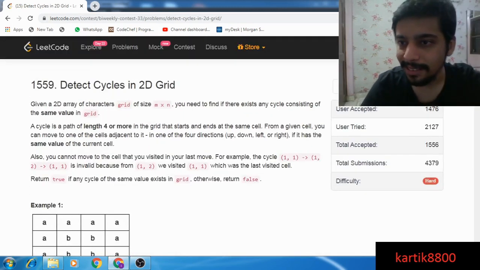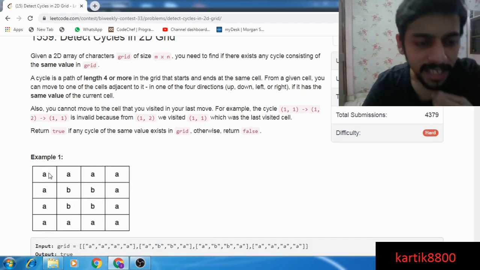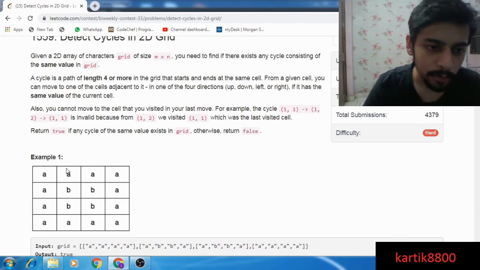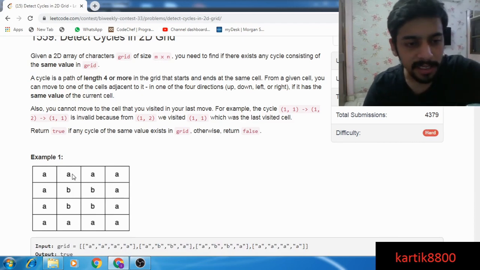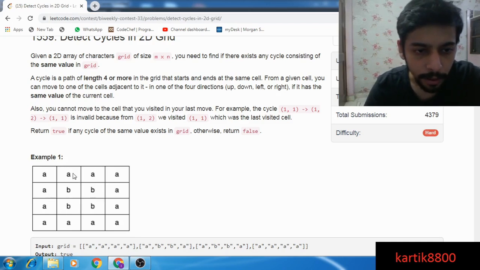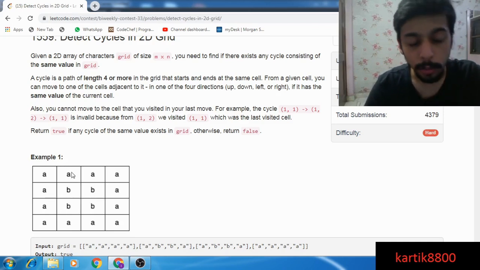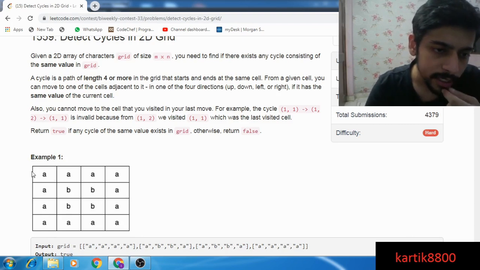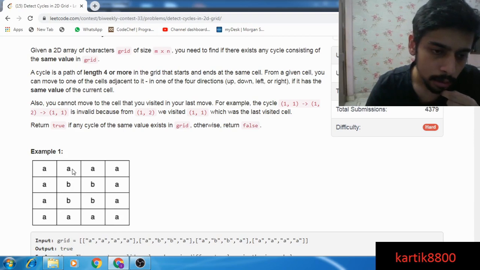So let me just try this here. My idea is that, okay, from here A, I would go for a DFS and I would visit some of the neighboring cells that are also A. So from this one, I go here, I mark this one visited and I go here. From here again, I would go to some other cell that is an A. So I go here, here, here, and I keep following, and yeah, I do reach back to one of the visited cells. So I detected a cycle. That's it.